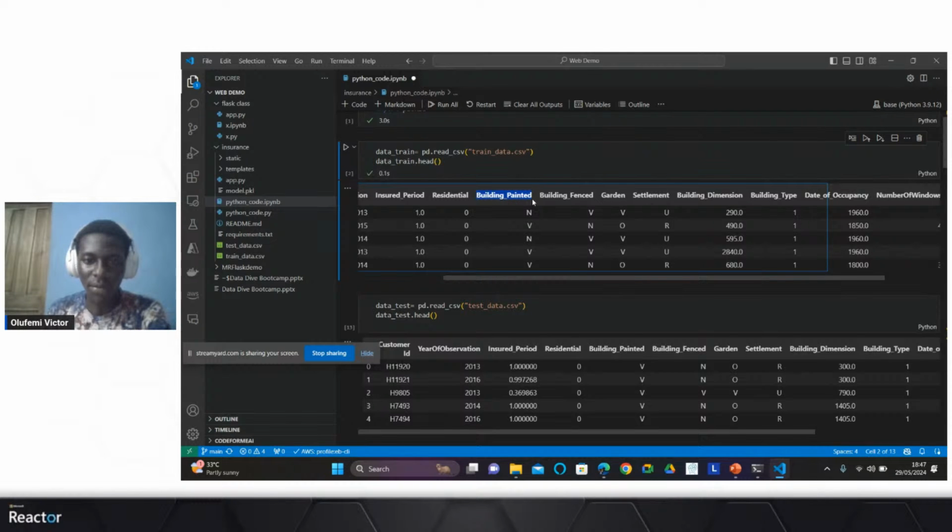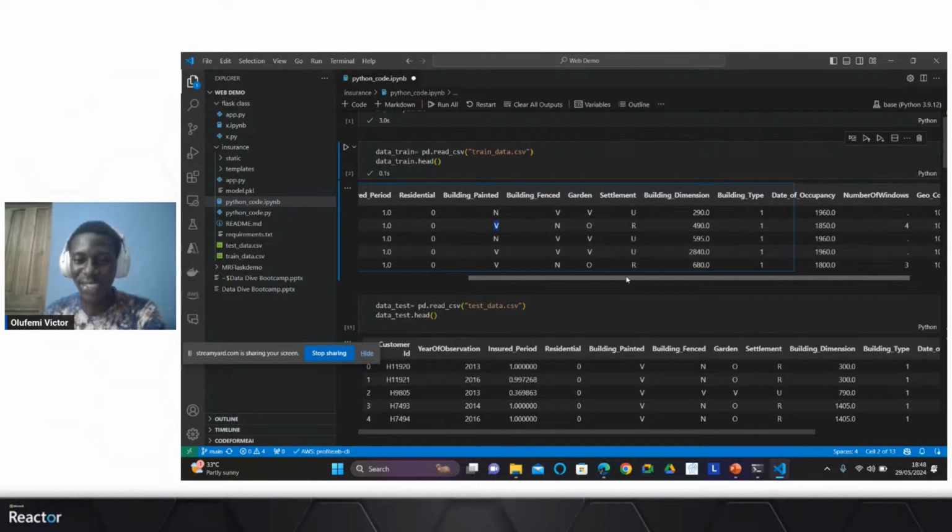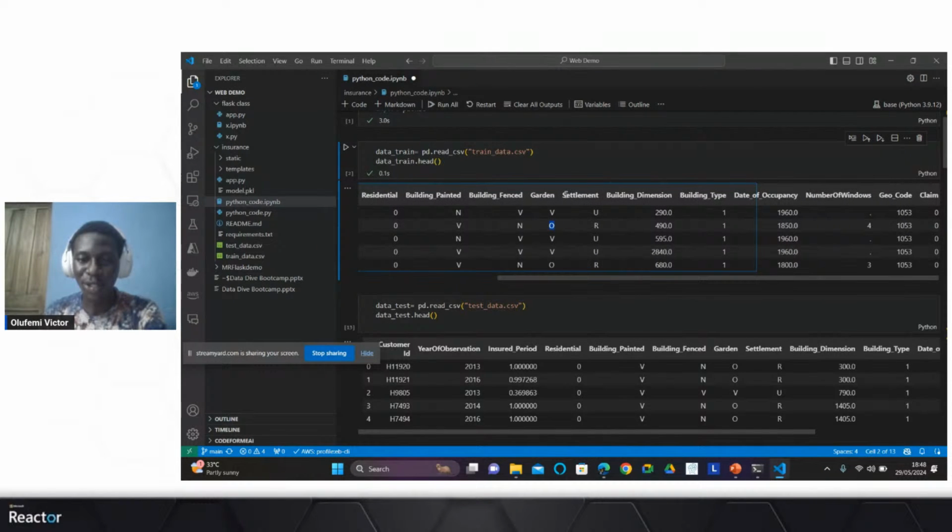You also have if the building is painted, if the building is fenced, if it has a garden, settlement, and if you look closely, you have N and V. So the N means no, and the V means yes. Which is quite funny, right? But yeah, just take it that way. Then you have the V for garden, which is yes, and the O for garden, which is no. And of course, you have settlement as well, which is urban or rural area.